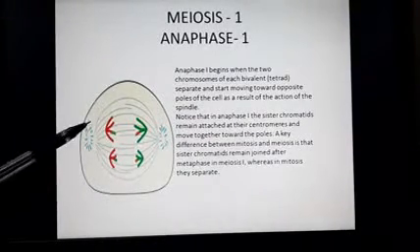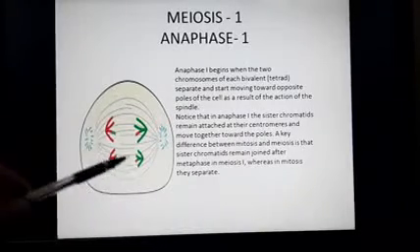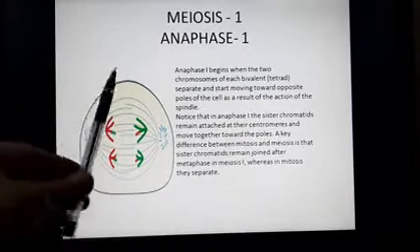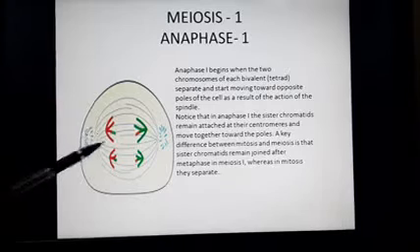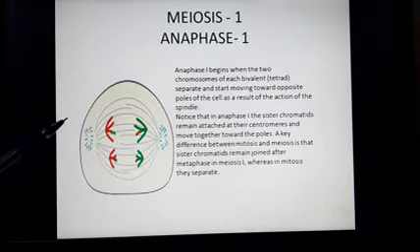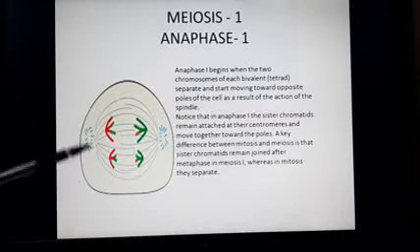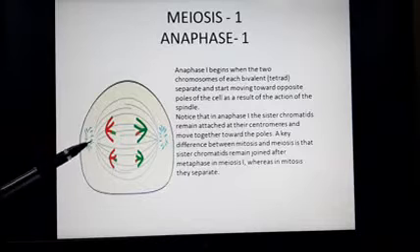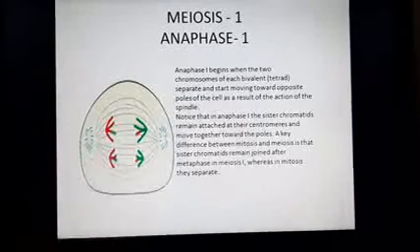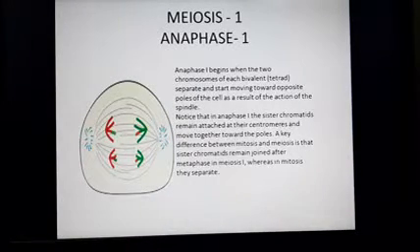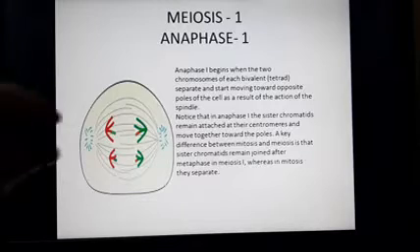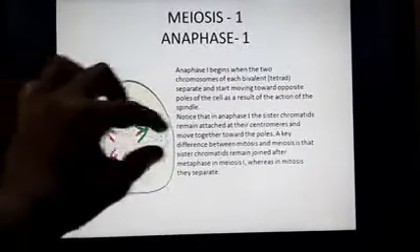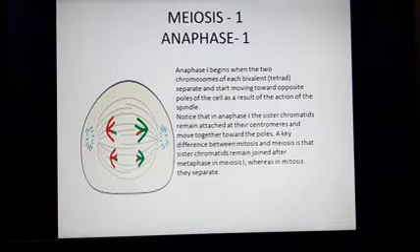So you can see where there were 4 chromosomes along with their sister chromatids. When they are pulled aside, on one side you will have 2 chromosomes with their sister chromatids, which of course are recombinant or have changed genetic parts, and on the other side also you have 2. So from 4 chromosomes, 2 are gone on one side and 2 on the other. Already here you have seen halving of the chromosomes have kind of taken place.